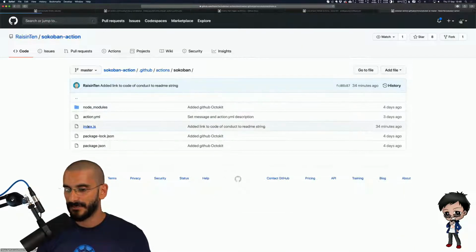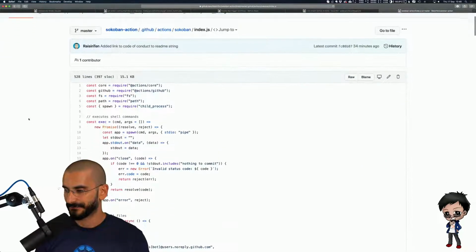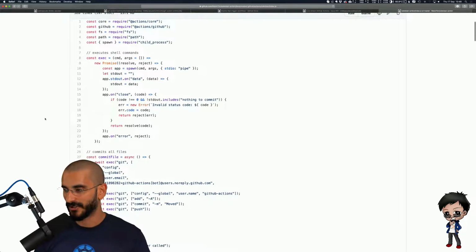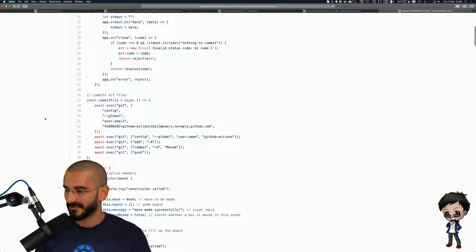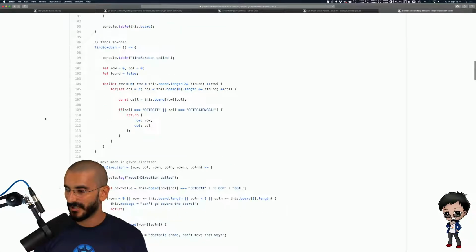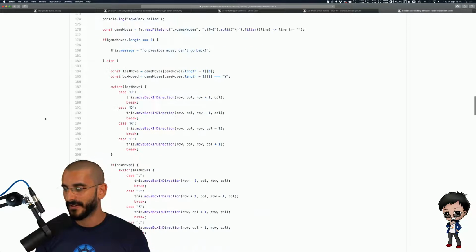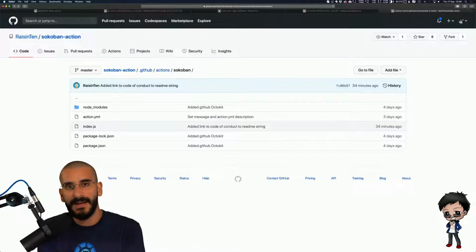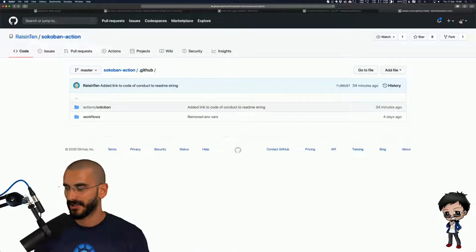And if we look at the code, I'm guessing there's quite a bit of code in here as well. Yeah, okay, so there is quite a bit of code. I'm not going to go through all this. It does look good. And this is the game. Okay, so you've got some functions and a class. Wow, there's quite a lot of code for this. But if you wanted to use this in your README, you wouldn't need to worry about that code. It's taken for you. It's wrapped in an action.